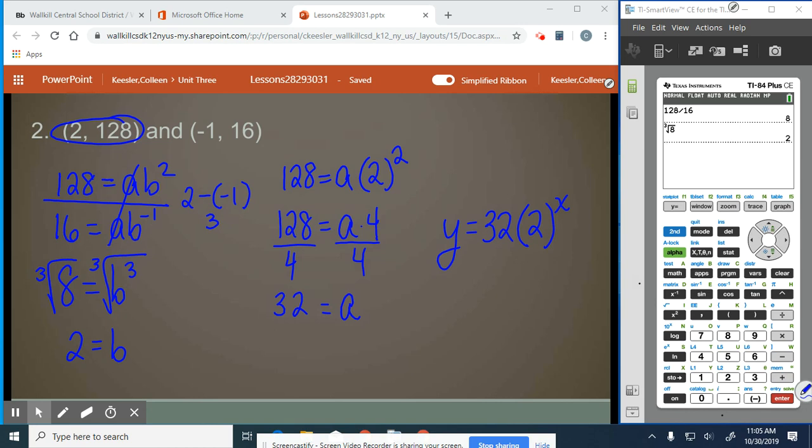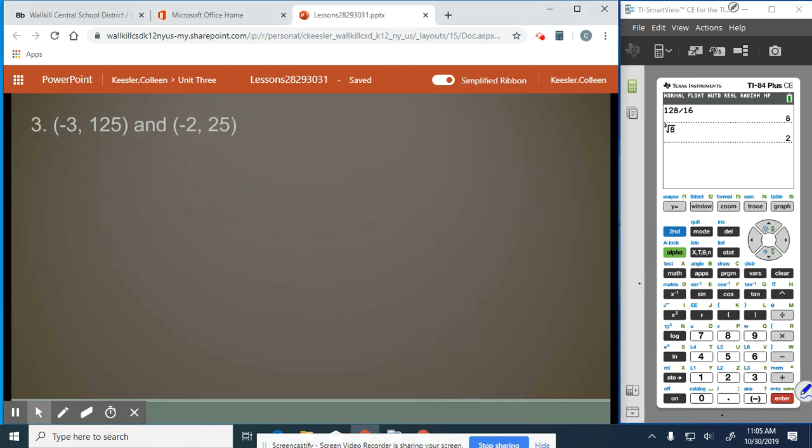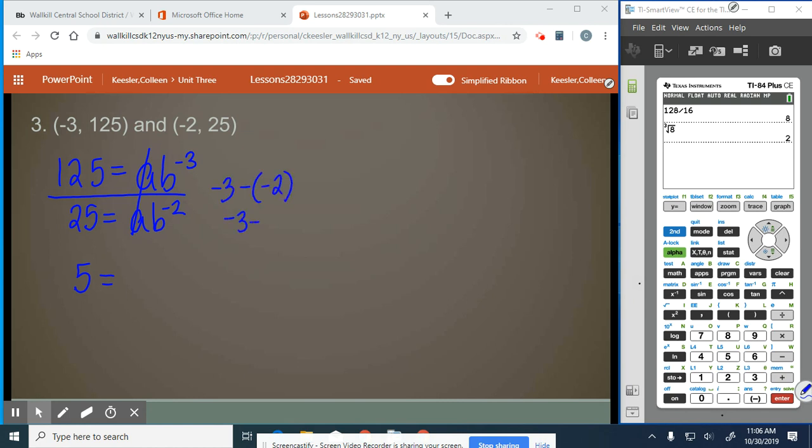All right, let's take a look at the third example. So in number 3, again, we have negative exponents, which makes it tricky, so be very careful here and pay close attention. We have 125 equals ab to the negative third over 25 equals ab to the negative second. The a's cancel out. 125 divided by 25 is 5. And then negative 3 minus negative 2 is negative 3 plus 2, which is negative 1. So it's b to the negative first. We do the negative first square root